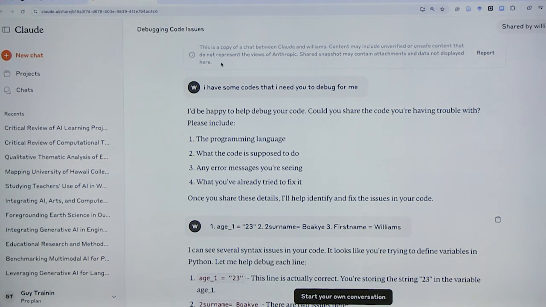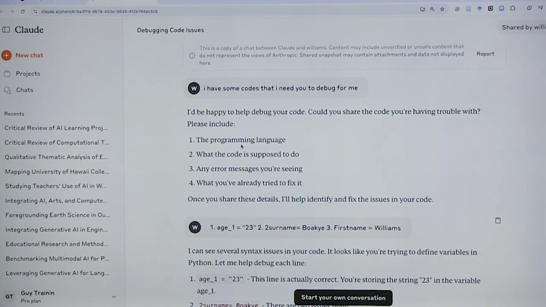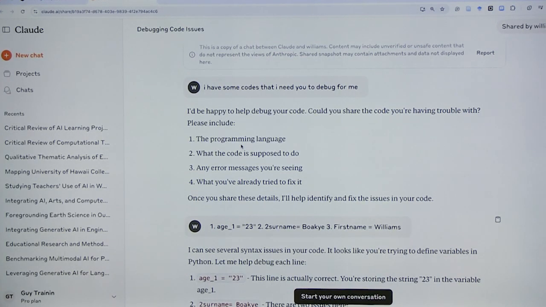So Claude is one of the AIs that is best at debugging or creating code. As teachers, sometimes we will try to help our students with code. If we want them to know what to do with a certain code, we can give them a list of code that has errors and ask them to debug them to find those errors. And so here I give Claude the first prompt, that I'm going to provide it with some code that I would need it to debug for me.